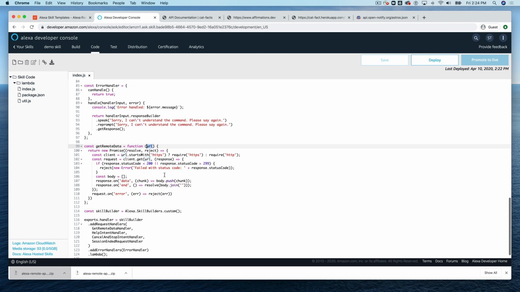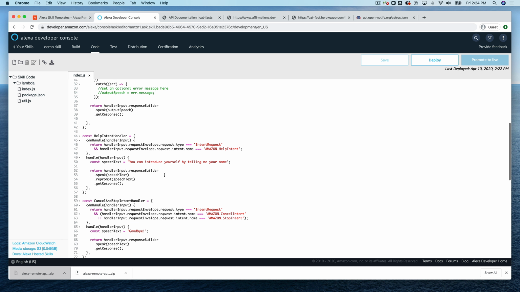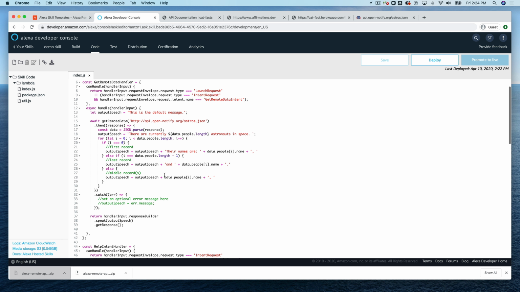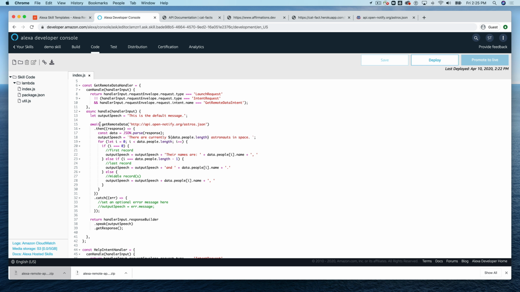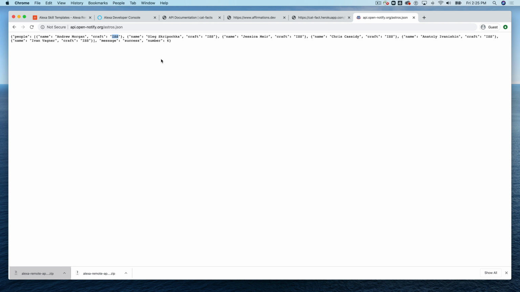So you need to be familiar with the format of what the URL is going to return. So in this case, we do get remote data, and we're getting the list of astronauts, and then we can loop through the list, and that's what's happening here. We're looping through this array of objects to